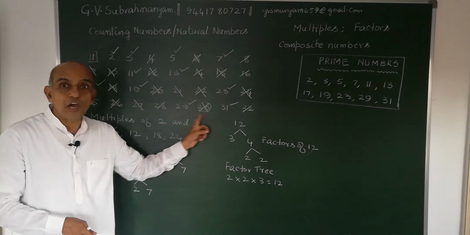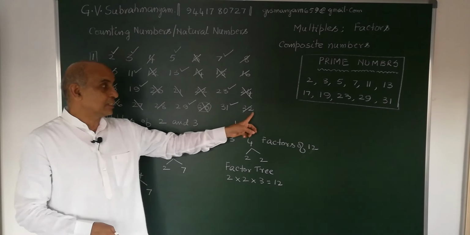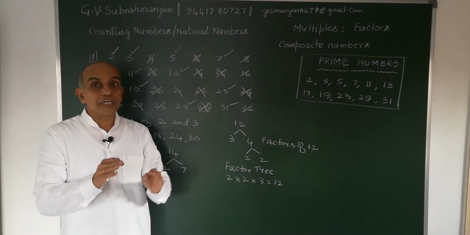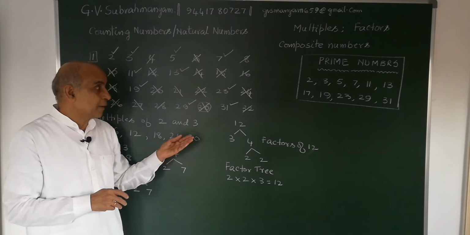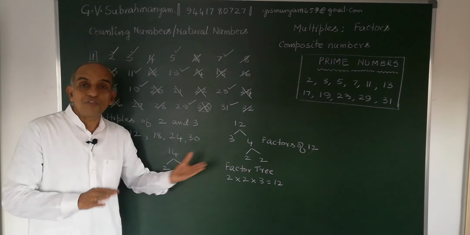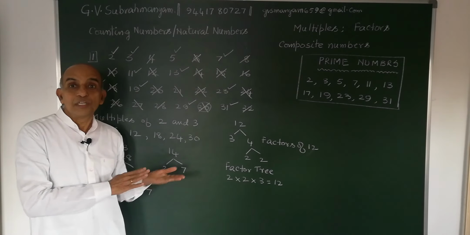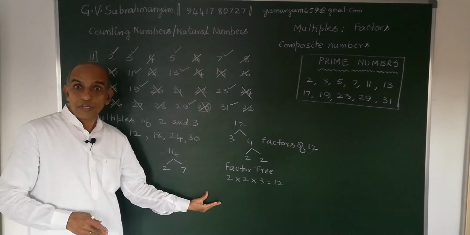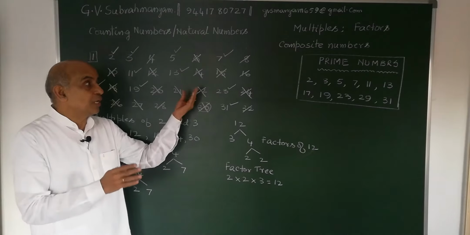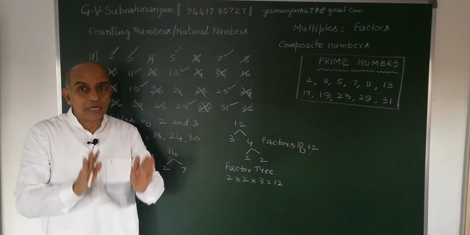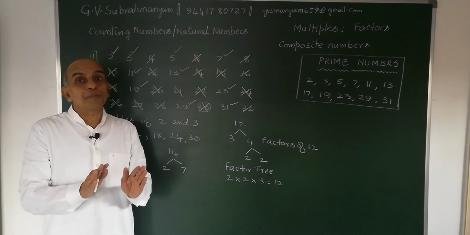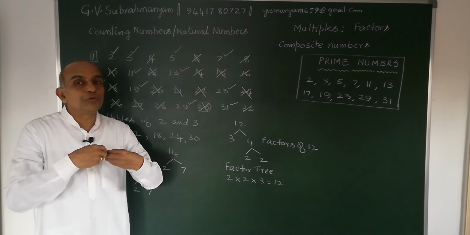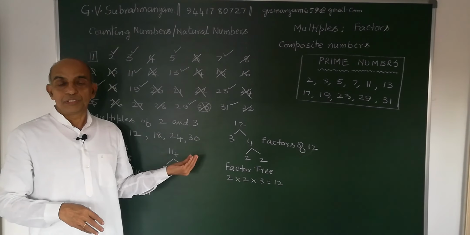So 2, 3, 5, 7, like that. We have found out how many prime numbers there are less than 33. If you are interested, you can take up to 50 and find out how many prime numbers there are. You can write up to 60, up to 70, up to 100. Okay, you can find out the prime numbers up to 100. How to find out the prime numbers? You filter out, you take out the composite numbers.